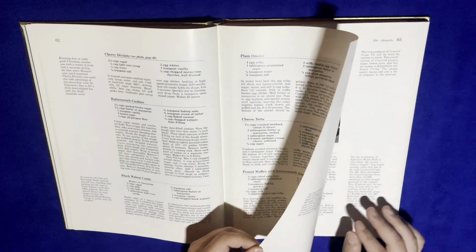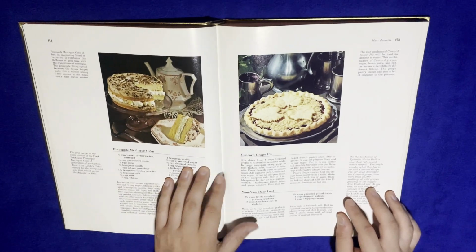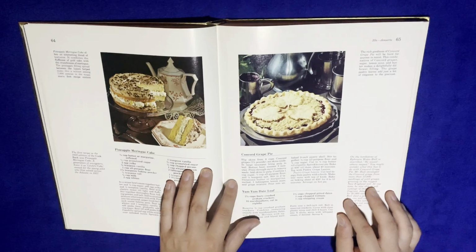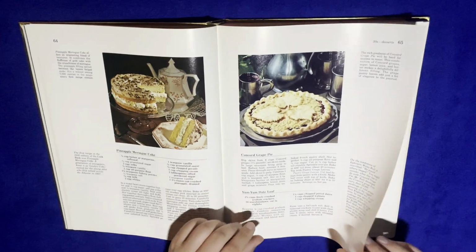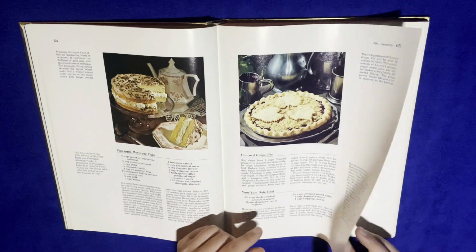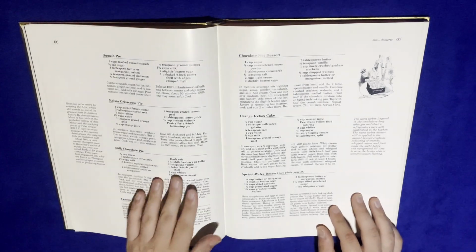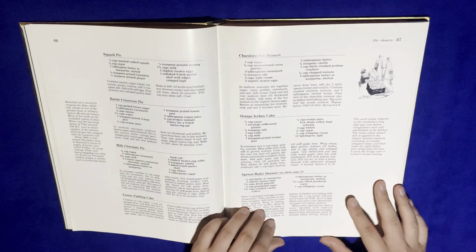Cherry divinity, pineapple meringue cake, conker, grape pie, yum yum, date loaf, squash pie, chocolate nut